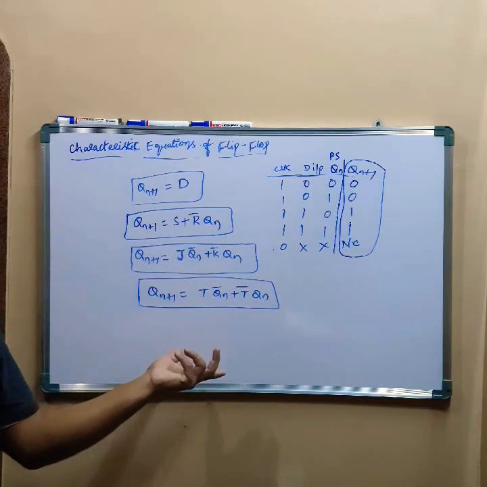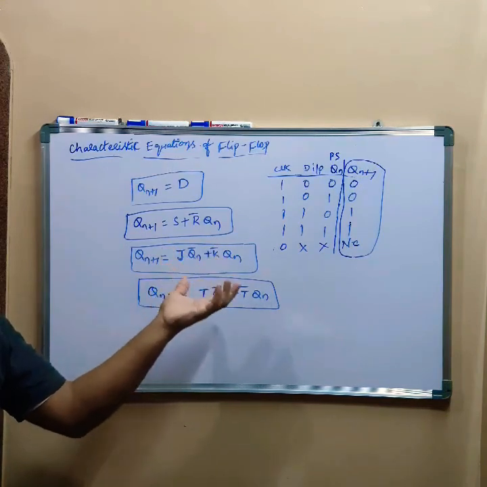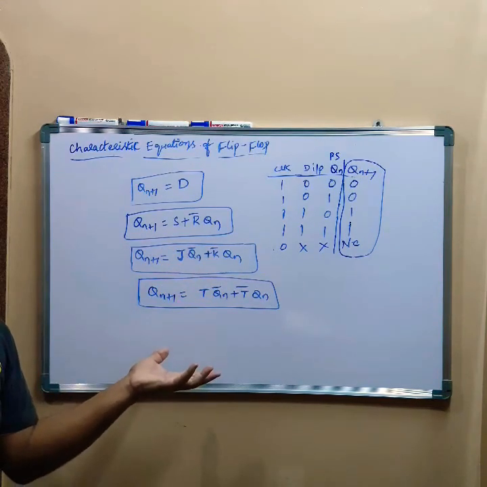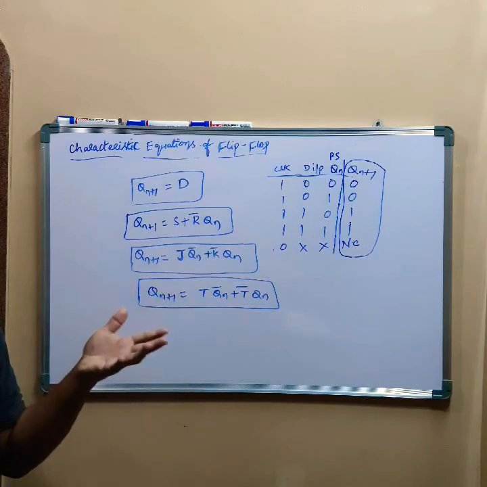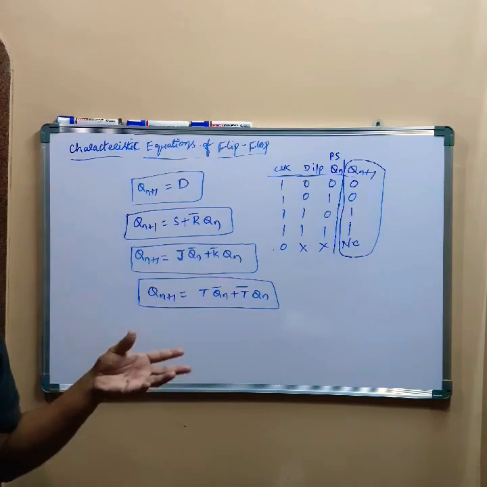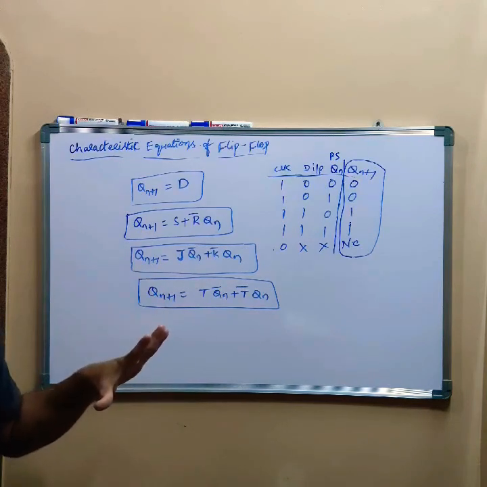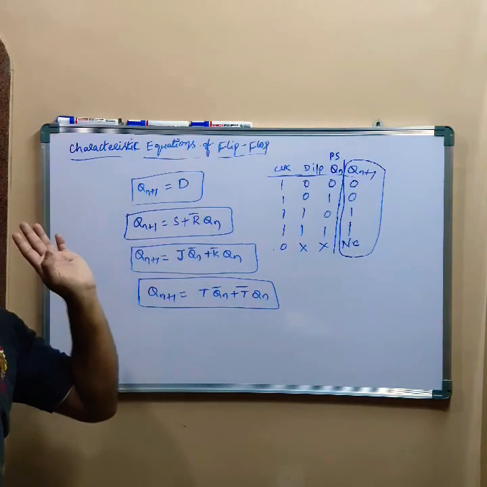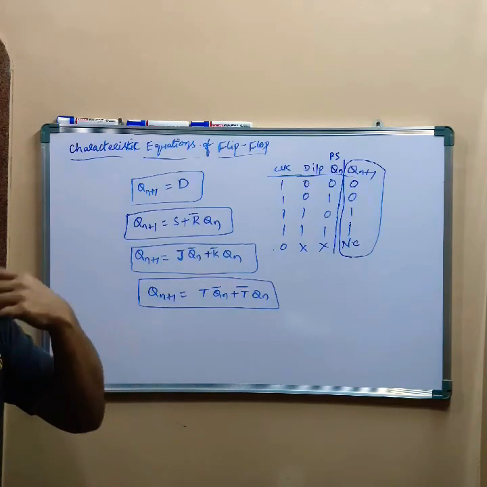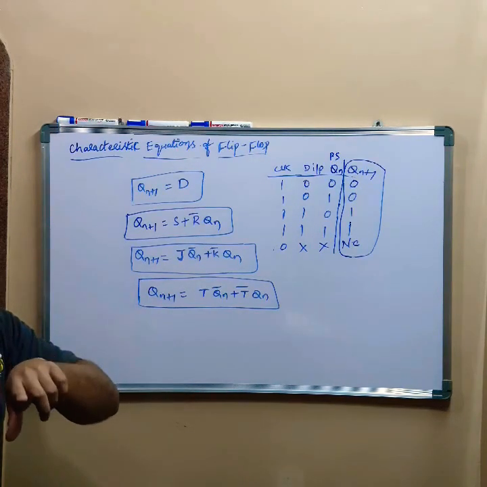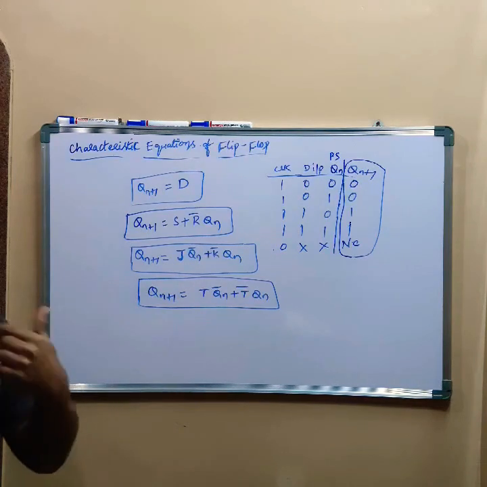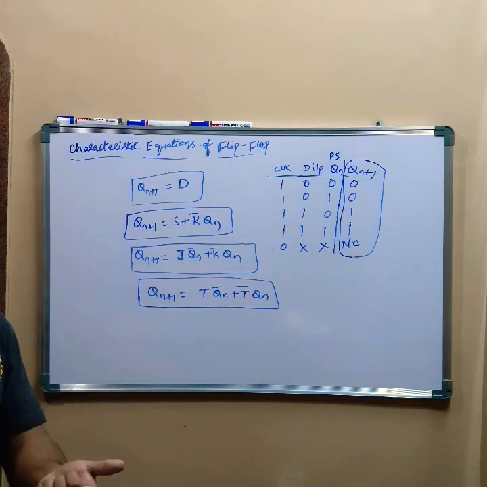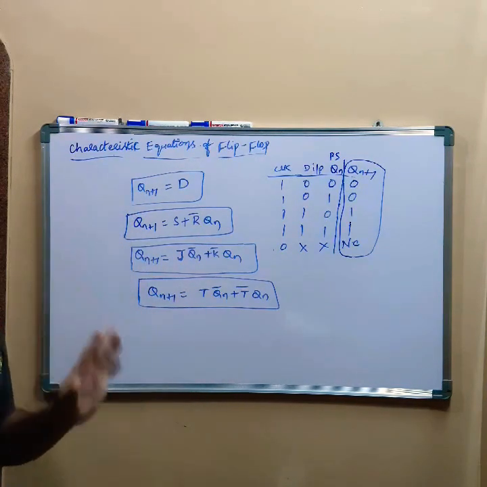We will take the truth table again and we will write the expression for the next state, and we will take that expression and solve it using K-map. But that is not required for you. Just remember the characteristic equations. Again, if I want to solve all these equations after writing the expressions for the output column, again you have to know what is meant by K-map, how the expressions, Boolean functions are simplified using K-maps, right? So it is again a lengthy process. We just remember these characteristic equations.